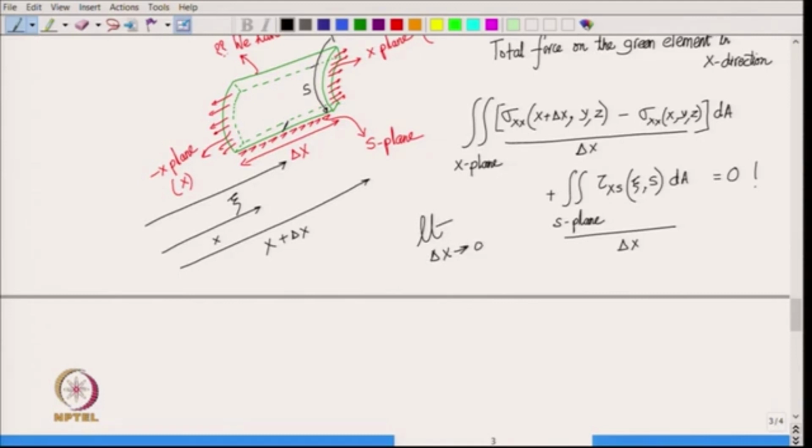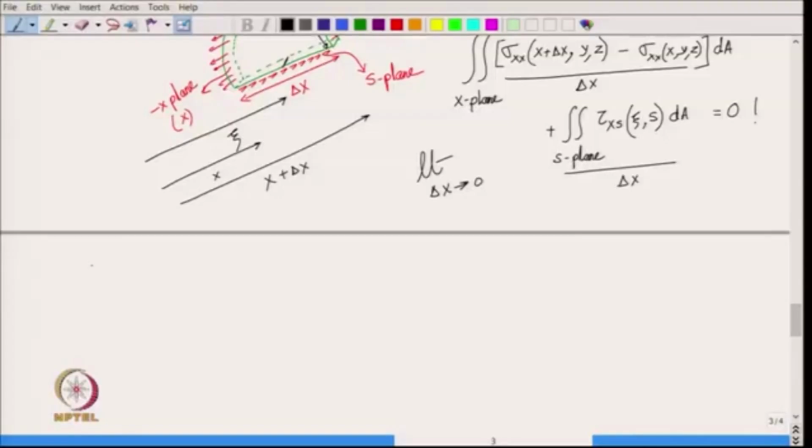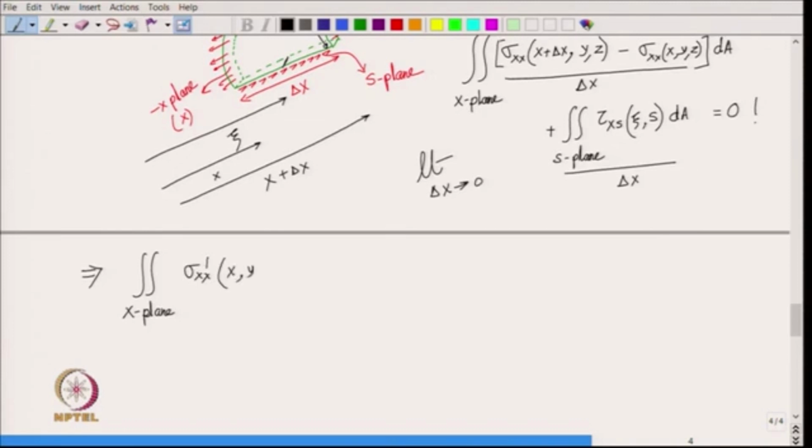You can see that the first term gives you the derivative of sigma x x. So, we have integration over the x plane sigma x x prime of x comma y comma z dA